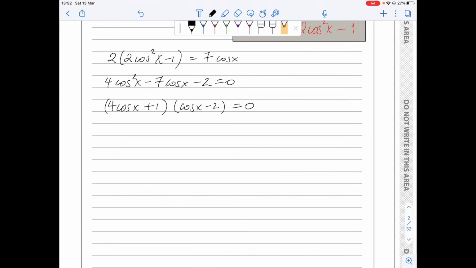This will give me 2 solutions: cos x equals minus 1 over 4 or cos x equals 2. Now since cos x must be between minus 1 and 1, I'm going to reject cos x equals 2. For the minus a quarter, the principal value is the inverse cos of minus a quarter. This will give me